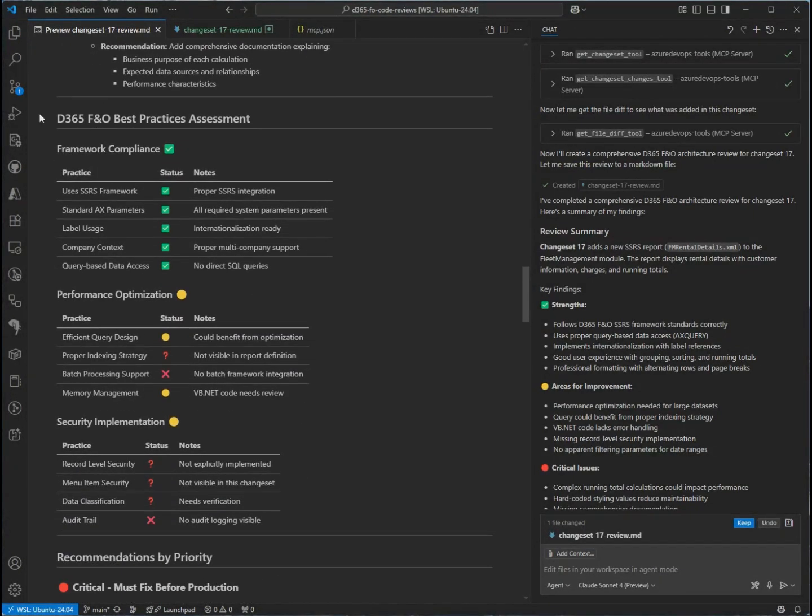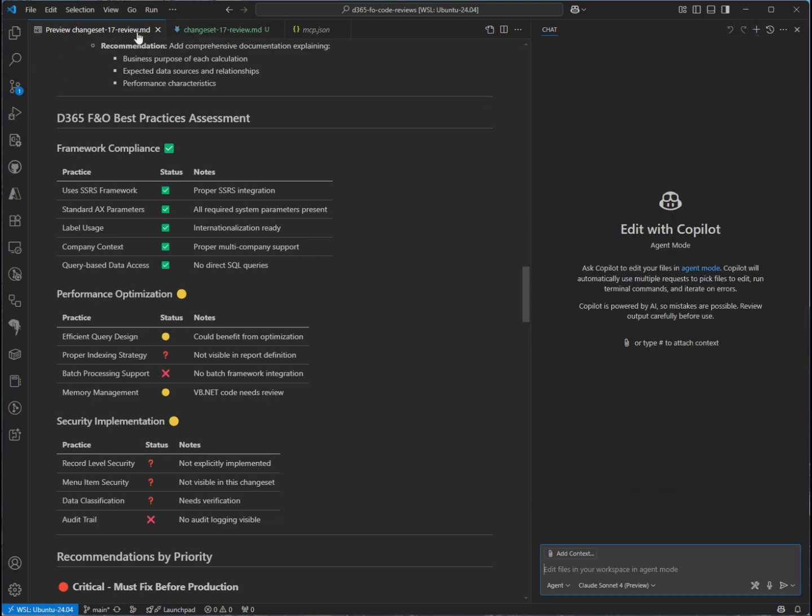So let's do another review. We will keep this, and the way I'm recommending, you should keep these reviews and check those in, because over time you will have this data to reanalyze stuff and even generate your release notes. So I will start a new chat and we'll go back to our readme